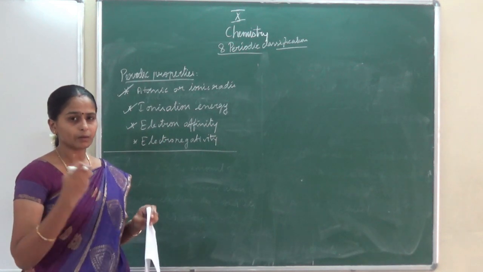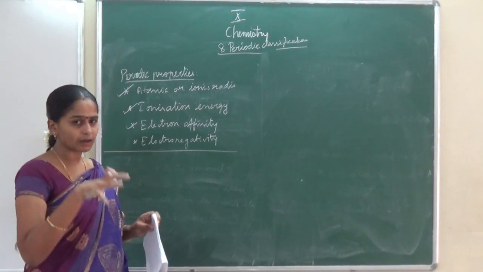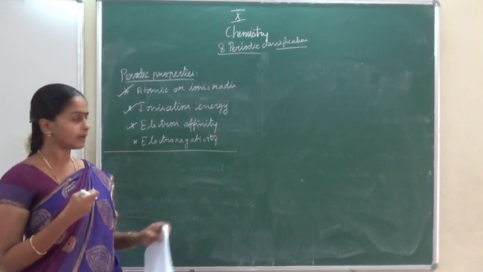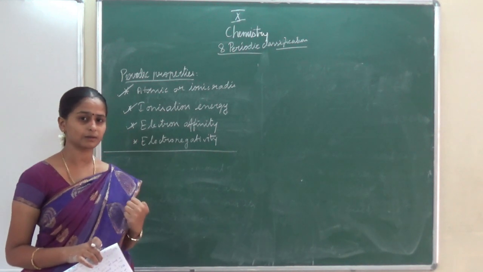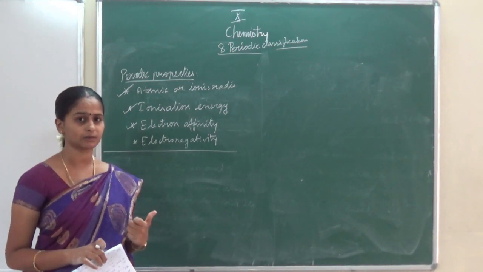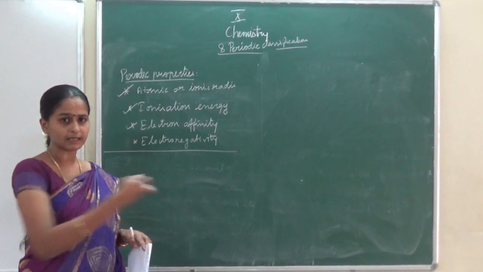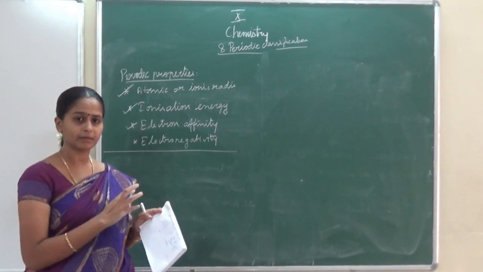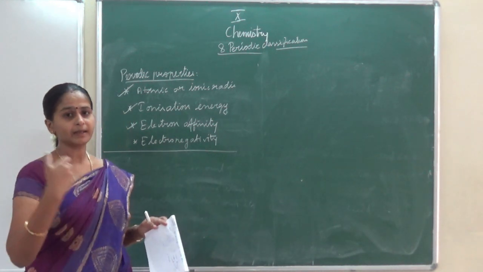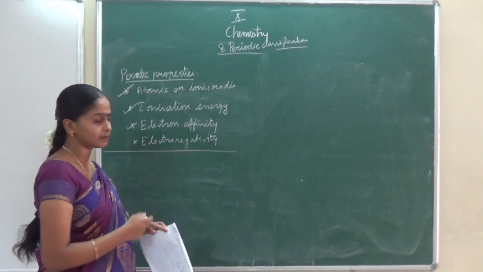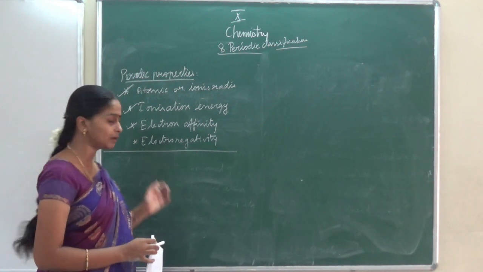That means one will be stronger and another one will be poor. The stronger element will pull the electrons towards itself. Just now we discussed chlorine: if it gains only one electron, it can attain the noble gas configuration. So when such elements are present in a compound, the element will try to pull the electrons towards itself. It may be a shared electron, but it wants to pull the shared electron towards itself so that it can attain the noble gas configuration. Because of that reason, the elements will pull the electrons towards themselves. That property is called electronegativity.